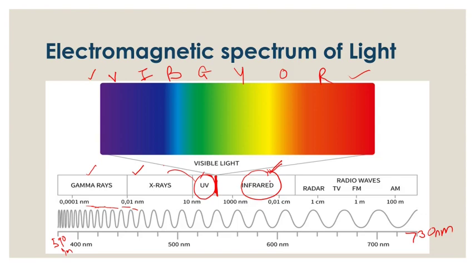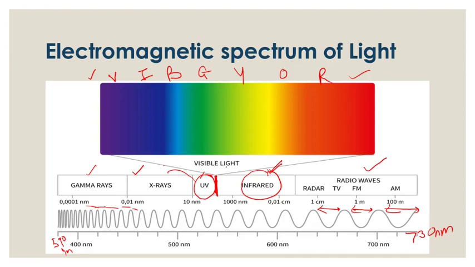Then if you go again to the right hand side, the wavelength is increasing, and as the wavelength is increasing, the energy will decrease. These are the wavelengths of radio waves, radar waves, television waves, FM radio and AM radio. Therefore they're not so harmful, and therefore you easily watch TV or listen to the radio. It doesn't harm your body that much.